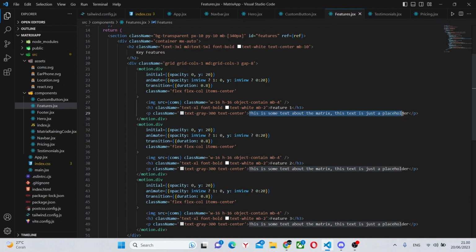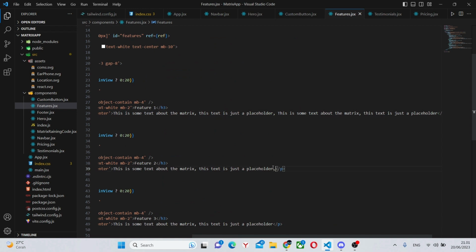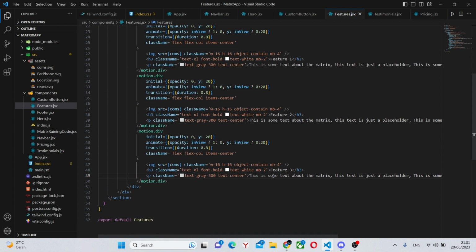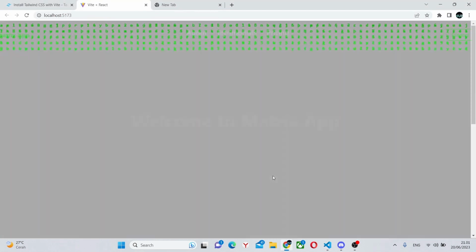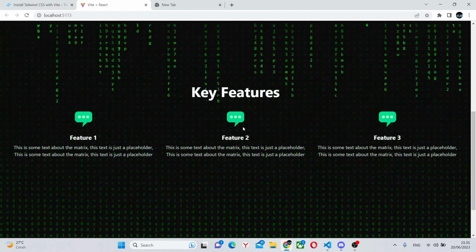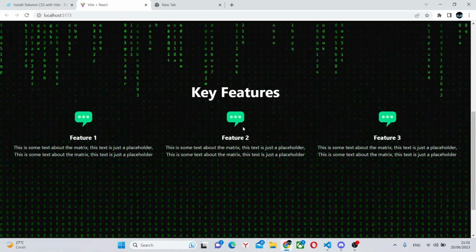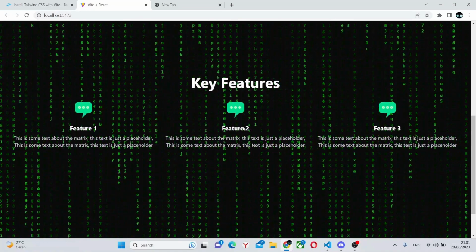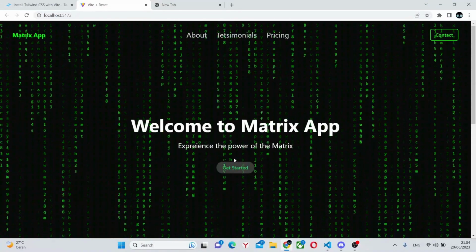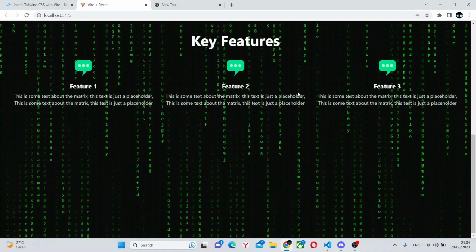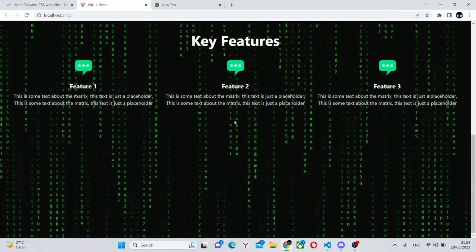We could expand this text to make it look more long, so we can do the same thing, like this, and like this. And we can reload it. And as you can see, there is a small animation of it appearing from the bottom, which is exactly what we wanted. So now we can move on to the next section. Also, if you scroll up to the hero section and press get started, it will smoothly scroll you to the key features section. We'll be adding these buttons to each of the sections.